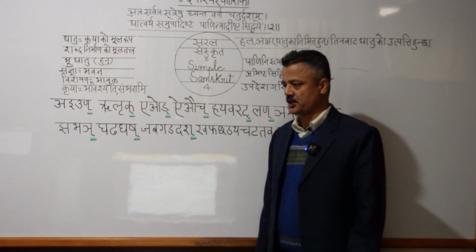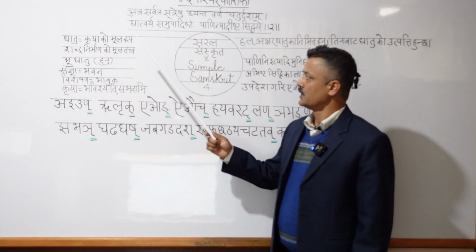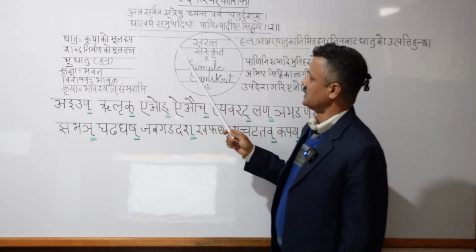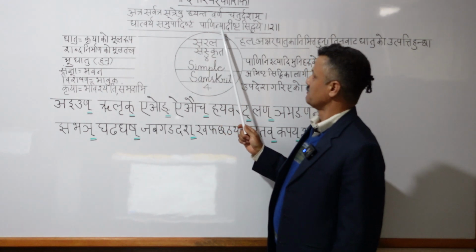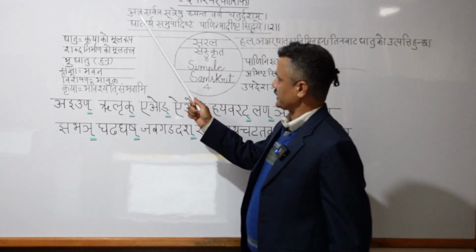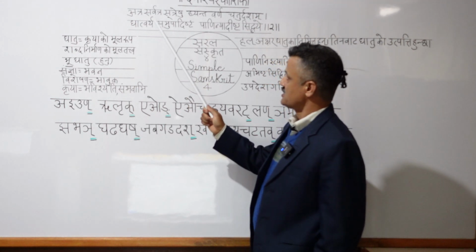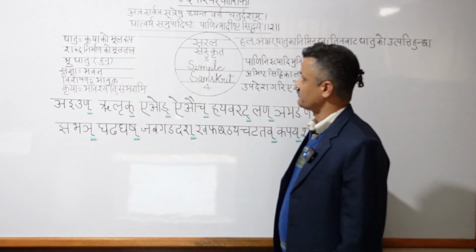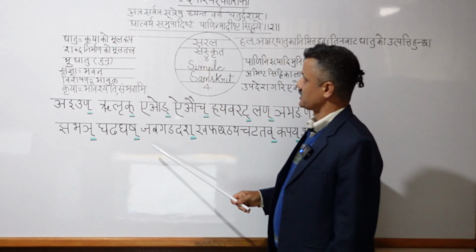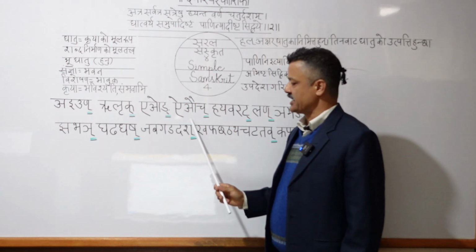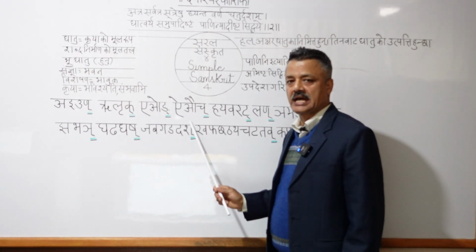So let me first read the shloka. Atra sarvatra sutresu yantavarna chaturdasam dhatvartha samupadishtam paninyadishta siddhaye. Let me explain the meaning. Atra, here, sarvatra, in all these 14 sutras, formulas. Atra sarvatra sutresu: in all these 14 aphorisms that come at the beginning of Panini's grammar,